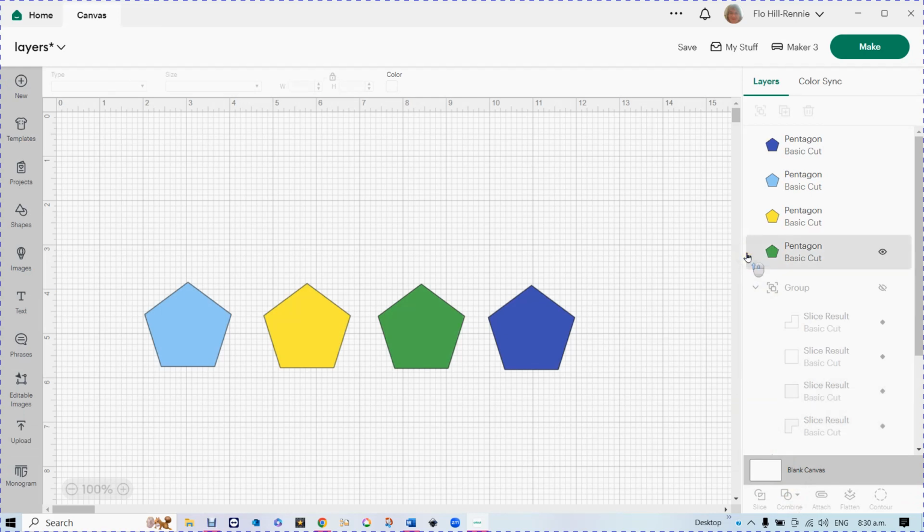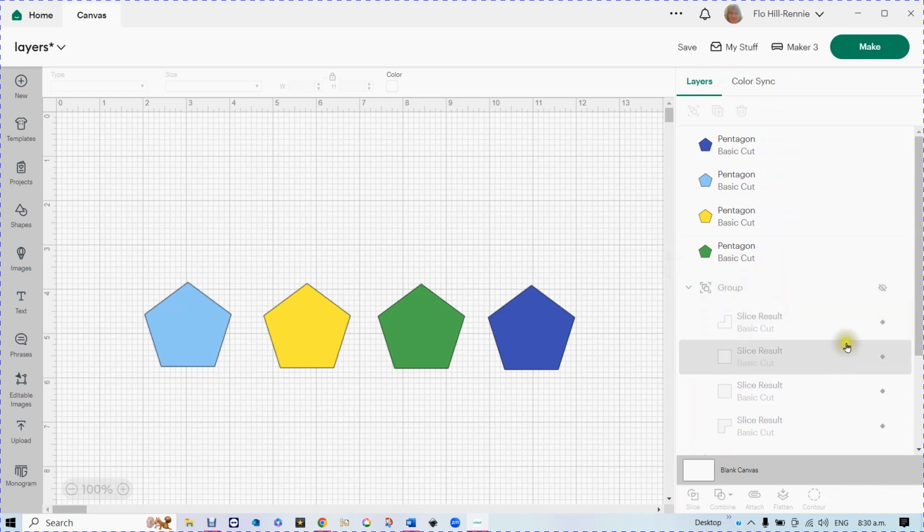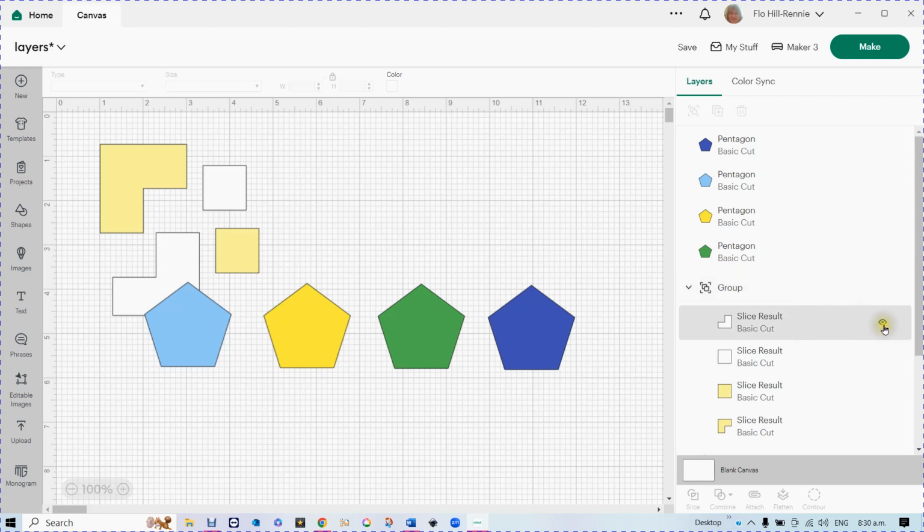It is complex to understand it all, but it's a really good thing to be able to understand. It's also a fabulous amount of work that they've done. As you can see, this group I hid before by clicking off the eyeball, and here's our shapes that we had before. So play around with your shapes, play around with your menus, and it's all in Cricut,